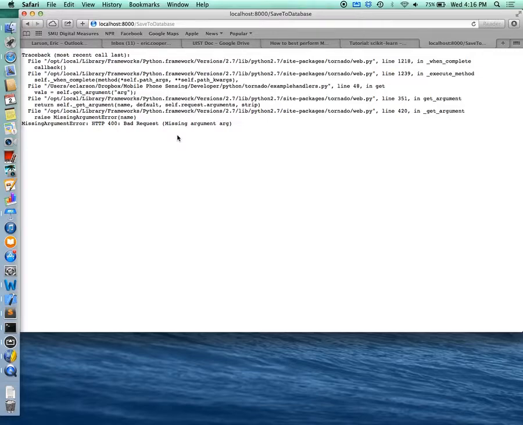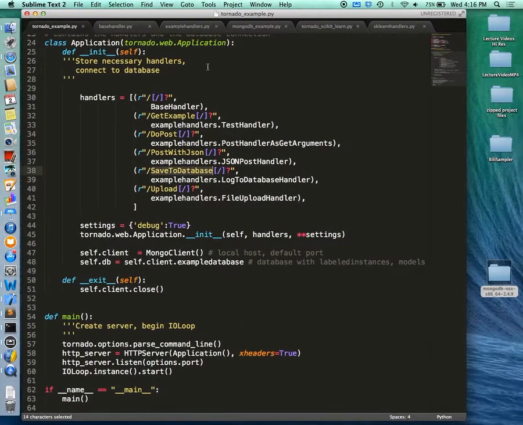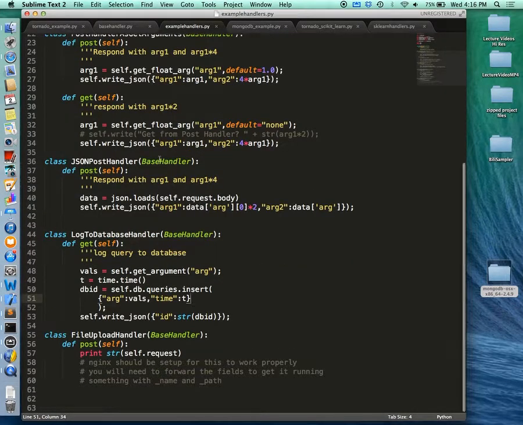I didn't pass any arguments in. And I didn't handle the error when somebody doesn't pass an argument in to my database, right? So essentially what happens is I go over here to example handlers. It goes in here. It runs self.getArgument. If arg doesn't exist as a query inside of my GET request, it throws an error. All right? But